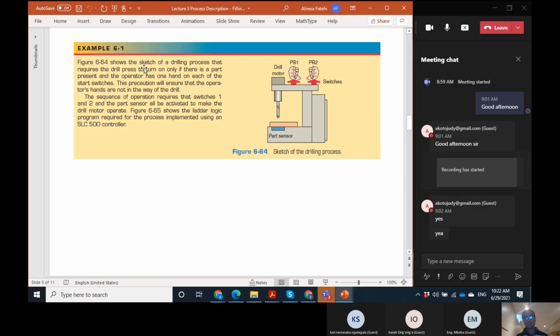This figure shows the sketch of a drilling process that requires the drilling press to turn on only if there is a part present and the operator has one hand on each of the start switches. This precaution will ensure that the operator's hands are not in the way of the drill. This is very important for the drilling and many